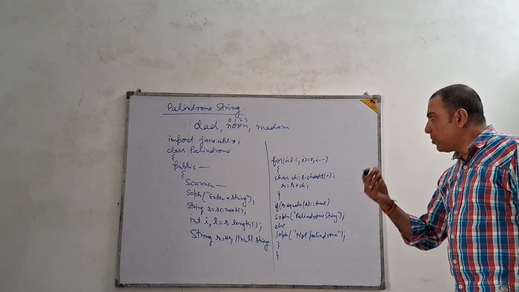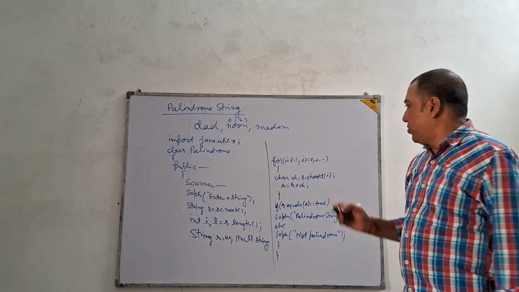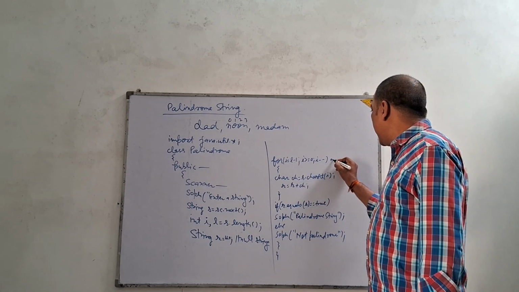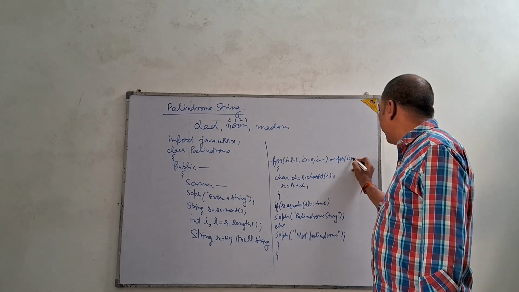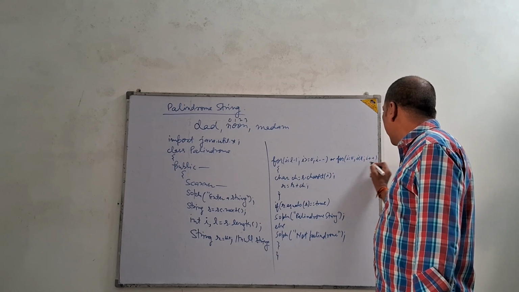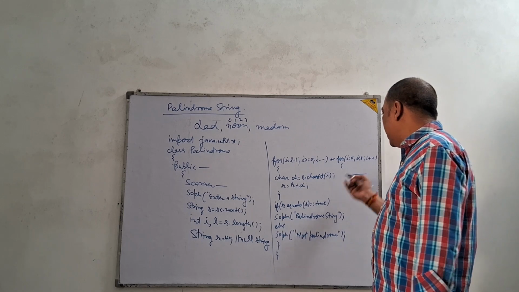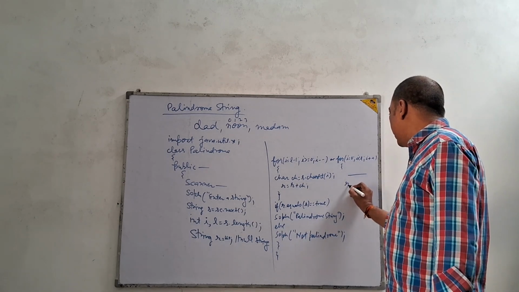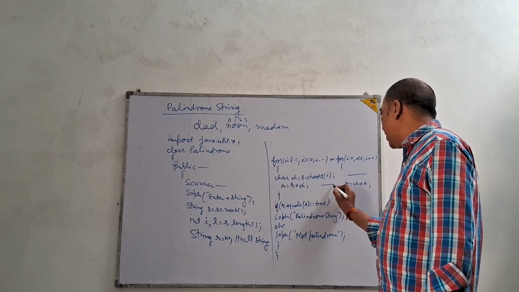Simplest method. One more method is there. We can run the loop in increment order also. Like in place of this, we can have another loop for i equal to 0, i less than l, i plus plus. We will extract the character in the same way. But in this method, here r is equal to ch plus r. That is the important change. In both the lines you can compare.